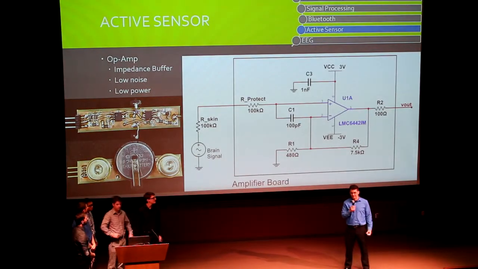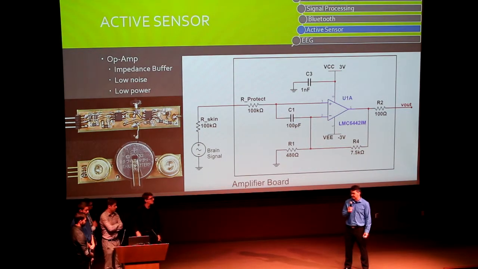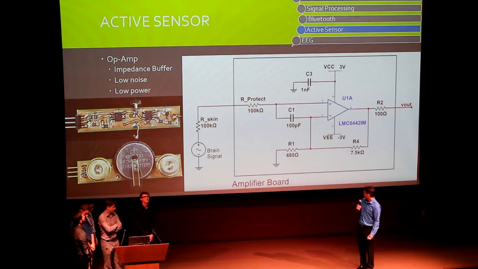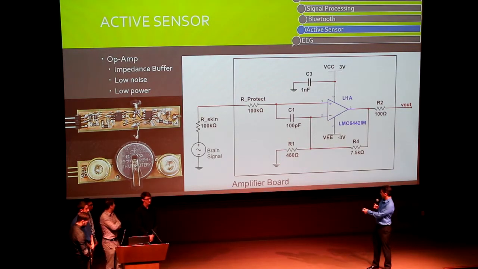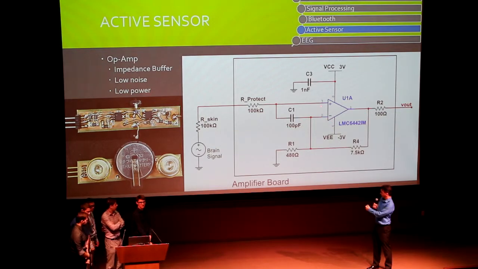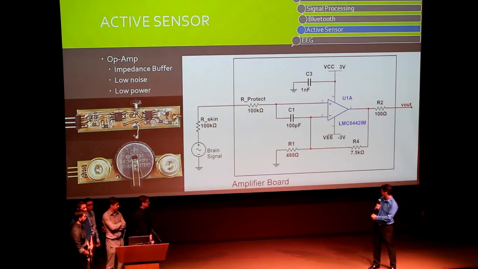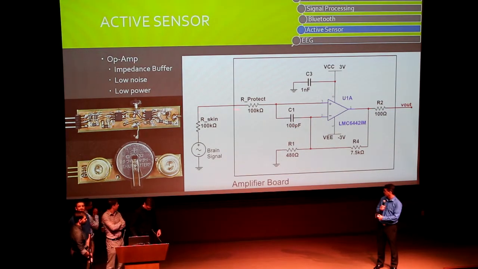So in the signal flow of the brainwaves, the most destructive element to the brainwaves is the skin sensor contact. So we've designed an active sensor, in which the op-amp has a very high input impedance in the gigaohm range, and when you put that in series with the 100 kilo ohm dry skin resistance, then almost all the signal drops across the op-amp and makes the effects of the skin resistance negligible. There's also some amplification that the sensor provides as the signal moves on past the sensor,